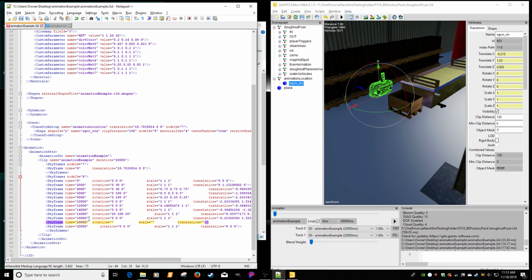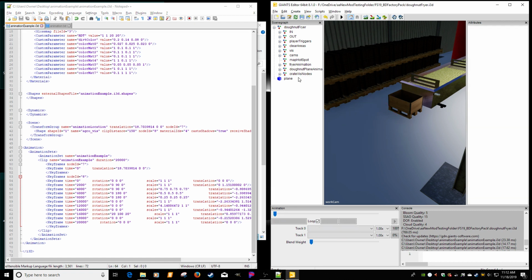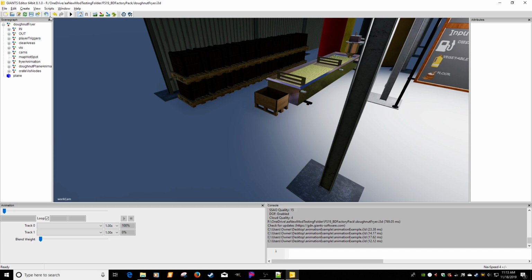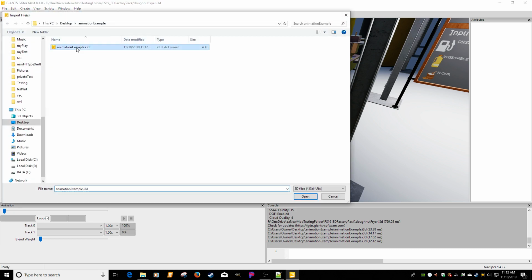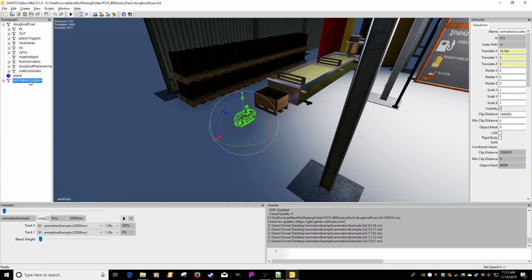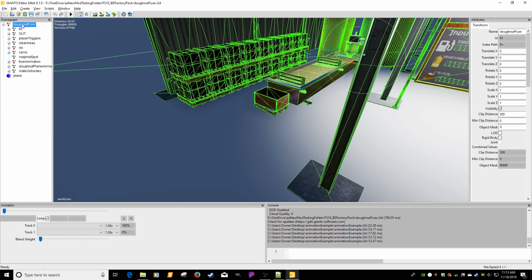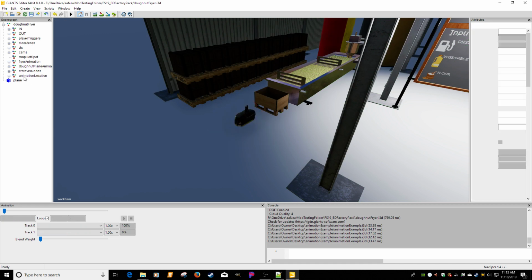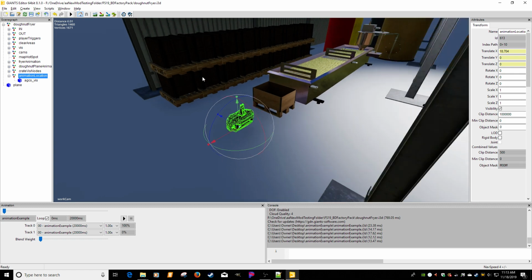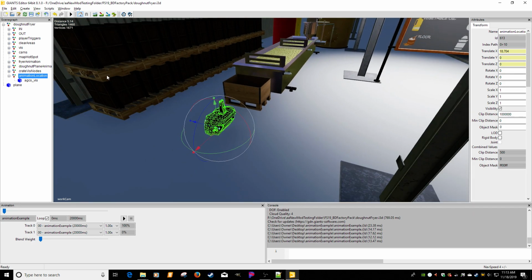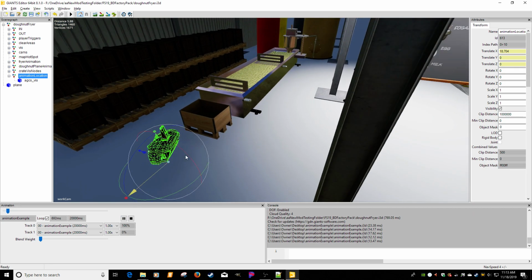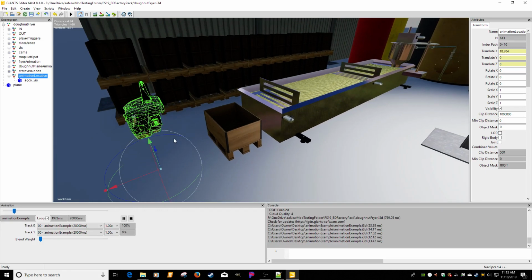And I'll just delete this line. That way there's less chance of messing something up. So now if I save that file, take this location, we'll delete it, import back in, animation example, Control X, Control V. Now I'm going to grab this, we hit play, it's going to go through its motion, it's going to swing over,